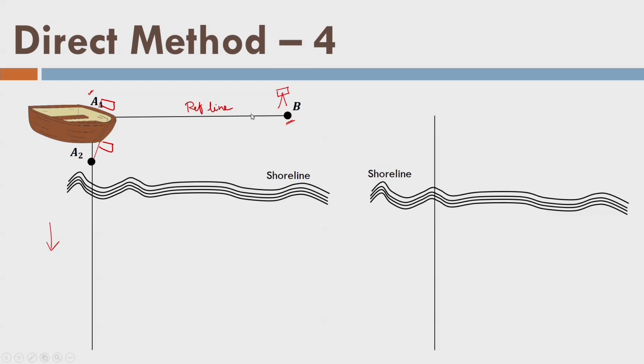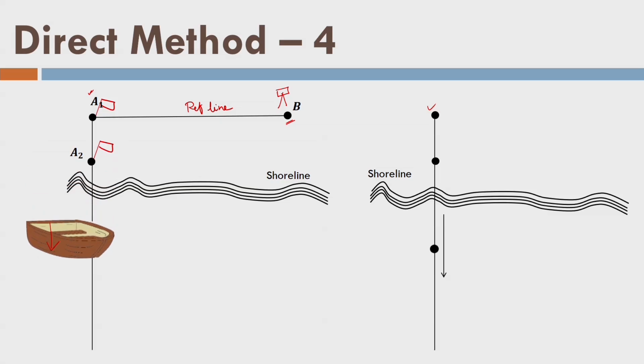We are marking on this side also the same thing here. So this is the outbound run, and now the boat is moving, that is the first point. We have measured an angle alpha 1 here, and we have also measured the distance from A1 or maybe A2. We are not stretching any float line. How to measure the distance along this line? Once we measure the distance along this line, we can mark the position of the boat because we are measuring angle alpha and distance along the A1, A2 line.